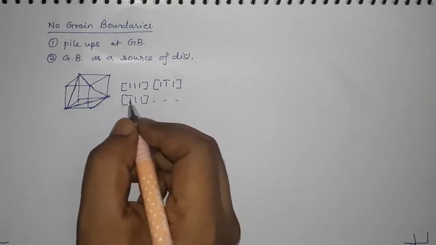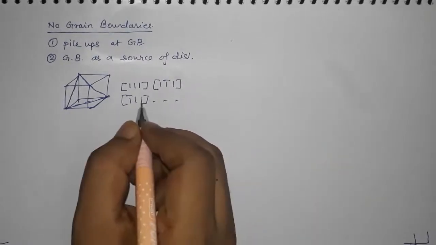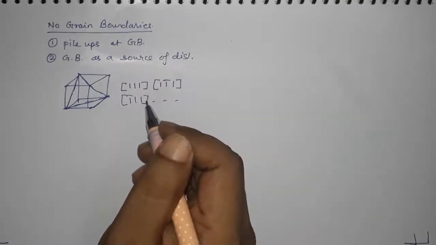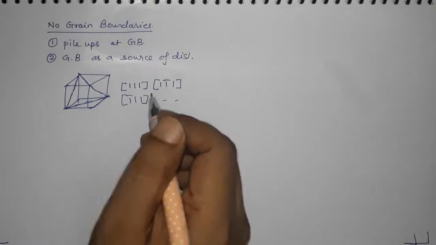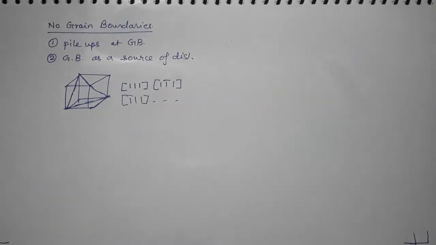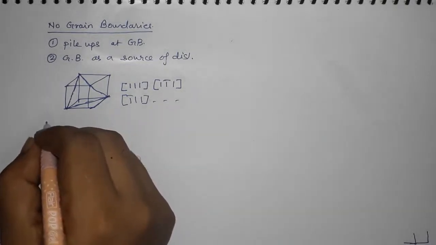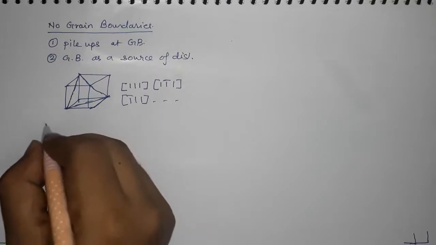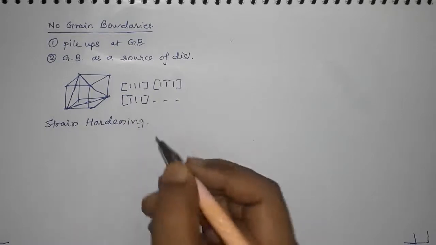And this is one of the reasons why FCC crystal is more ductile in comparison to BCC, for instance aluminum in comparison to iron, which is BCC. And if you compare zinc, which is HCP, or magnesium, which is also HCP, you will see that these HCP crystals are more brittle in comparison to FCC and BCC because they don't have much slip systems. So we will talk about strain hardening, and we know that strain hardening in the plastic